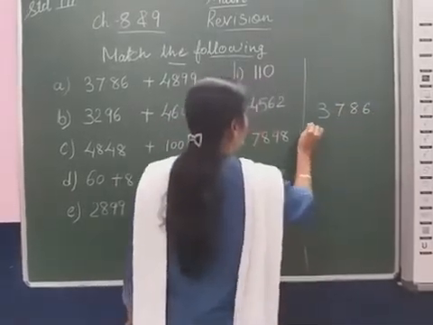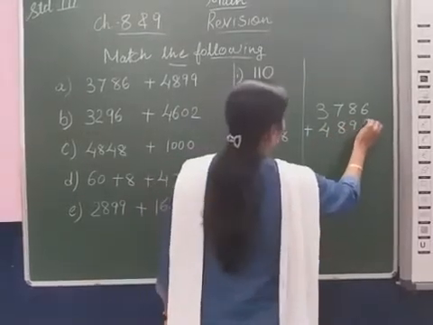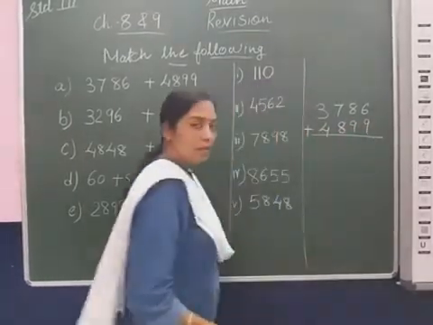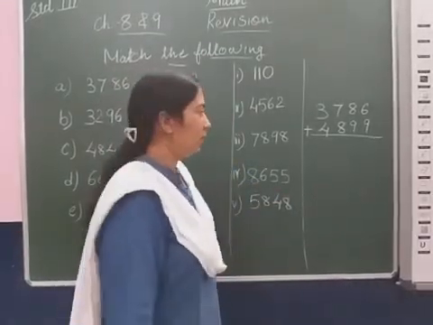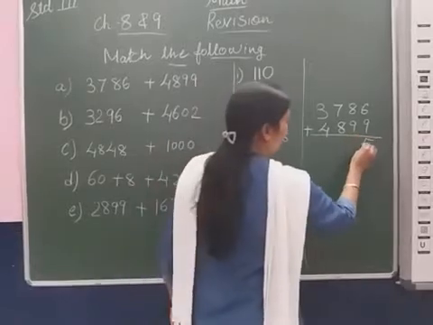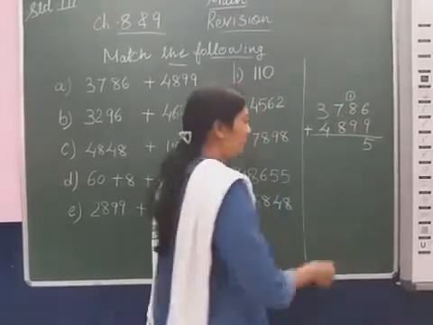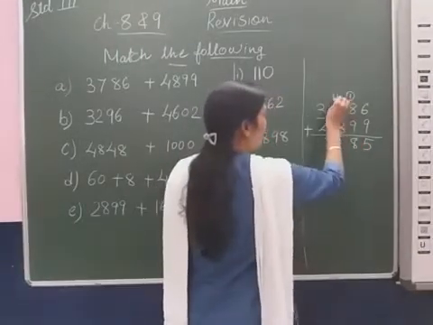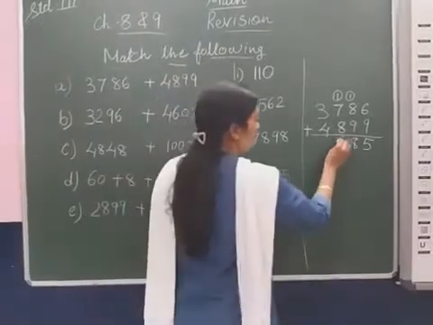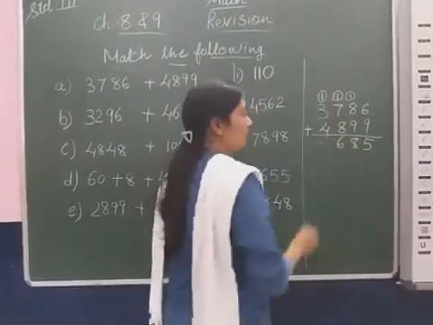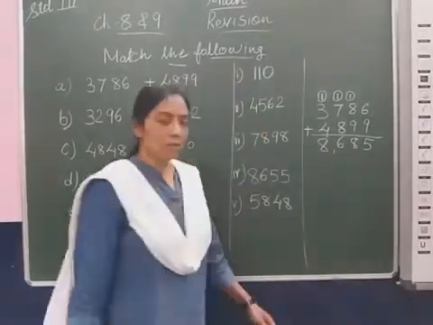3786 plus 4899. Now we add this. This is the method of addition with regrouping. 6 plus 9, 15, 1 is carried forward. 1 plus 8, 9. 9 plus 9, 18, 1 is carried forward. 1 plus 7, 8. 8 plus 8, 16. 1 plus 3, 4. 4 plus 4, 8. So we get the sum as